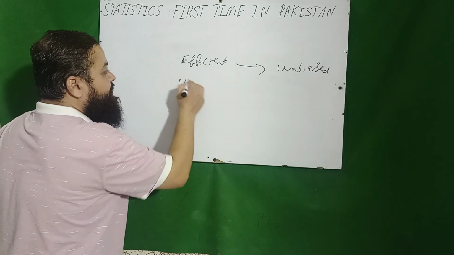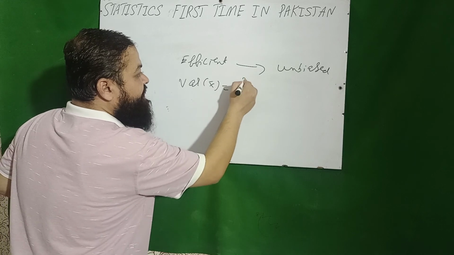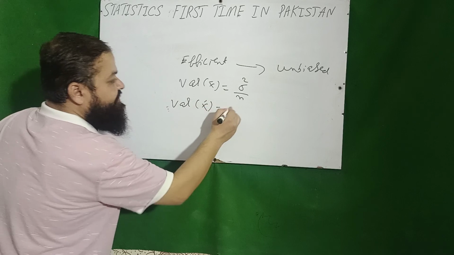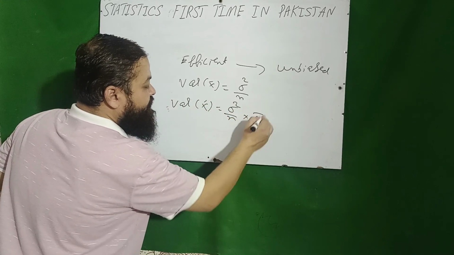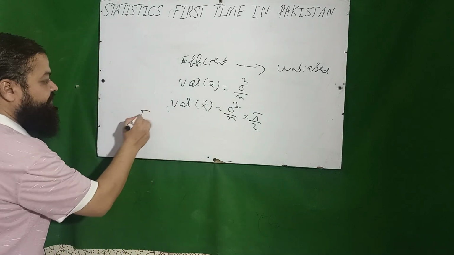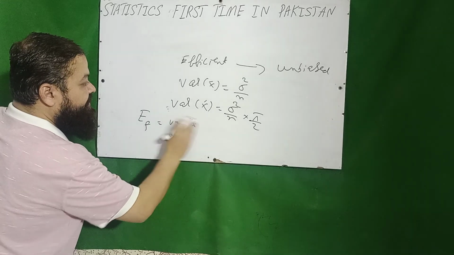And if I talk about the variance of x bar, that is also an important question for the paper: sigma square over n. And another question, the variance of the median, that is sigma square over n into pi over 2. Another important question for multiple choice questions. Another question, efficiency: variance of x bar, variance of median